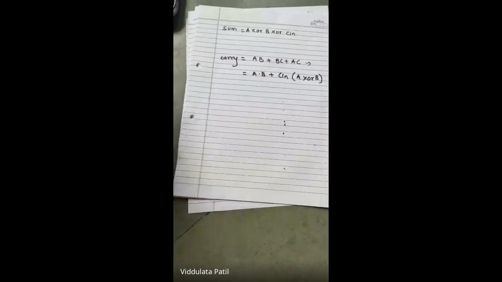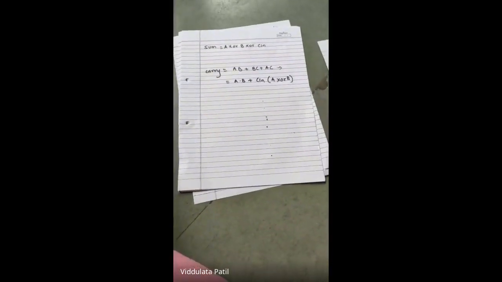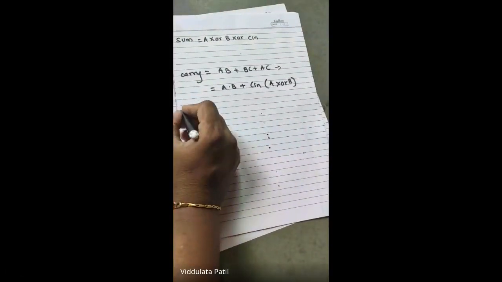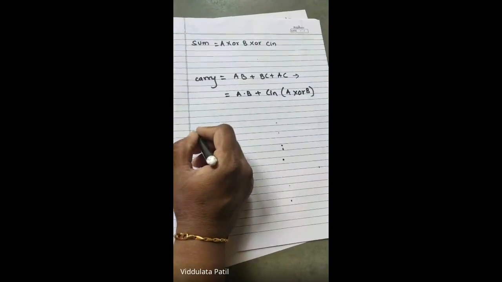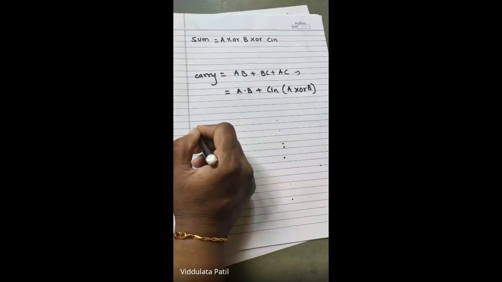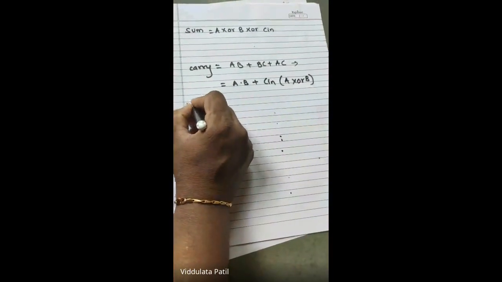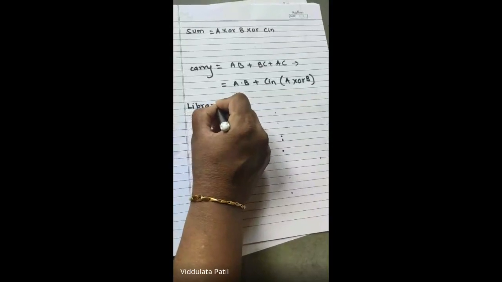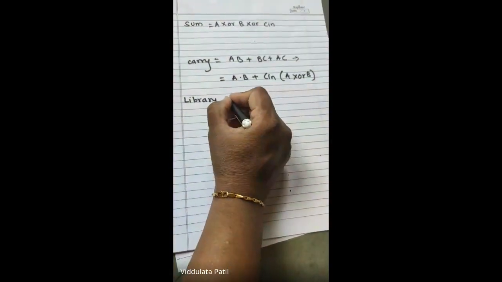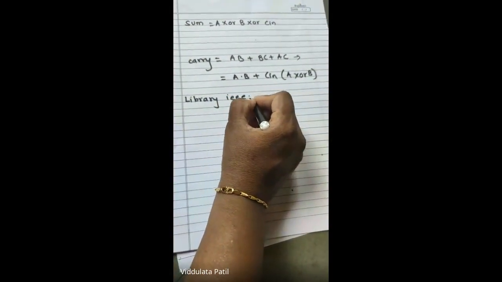Okay. So now how will you write VHDL code for this full adder? What is the first thing that you need to do? Declaration of library. So first of all, you need to declare library. Then second thing is entity declaration, and then we are going for the architecture. Which library are we going to use? IEEE. By default, we use this library.